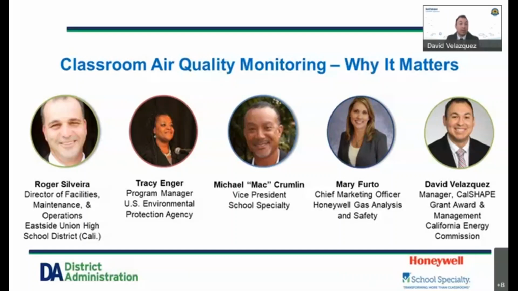CalShape program staff are available to answer any questions on the program. Our contact information is available on the program webpage, where anyone interested in receiving more information about our program can send us an email directly. The program email address is calshape@energy.ca.gov. One of our program staff will be happy to assist anyone interested in learning more about the program, eligibility, and relevant information to help with preparing an application.